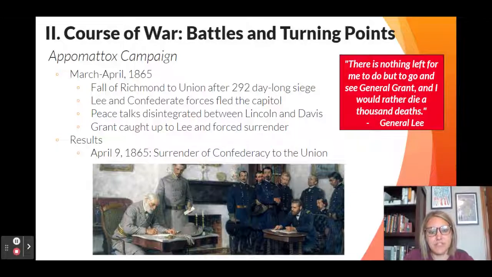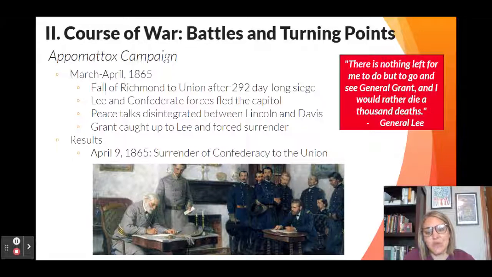Okay, our last major battle and turning point that you need to be aware of is the Appomattox Campaign. So this took place from late March to early April 1864. The city of Richmond finally falls to the Union after a 292-day-long siege. Lee and the Confederates are going to flee the capital. Lincoln and Davis are engaged in peace talks, but neither one of them are willing to compromise. Lincoln will not allow the South to remain their own country, and Davis is not willing to give up on